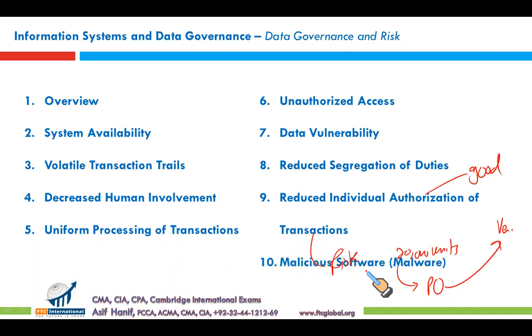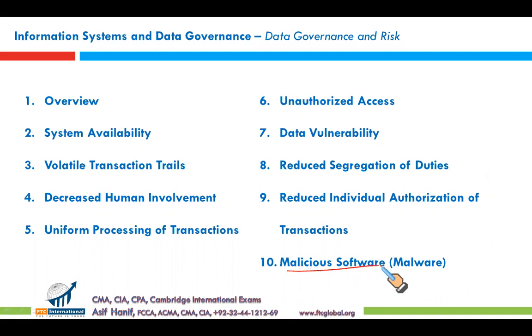Then the 10th point, your information systems, your IT infrastructure might be exposed to some threats called malicious software. It could be a virus, a worm, a logic bomb, a Trojan horse. There are many risks. Those who haven't studied section E, they will. When we start our cycle, maybe in a couple of weeks, we will go back to sections A, B, C, D, E, and in E, you will discuss all these different types of threats, viruses, worms, logic bombs, Trojan horses, what they are, what they can do. We'll discuss it there. So these are the risks also. Malicious software, such risks, need to be managed as well. Now, this is what the overview is all about.